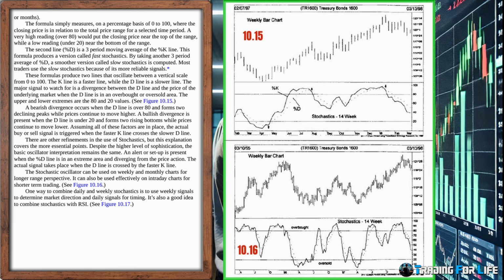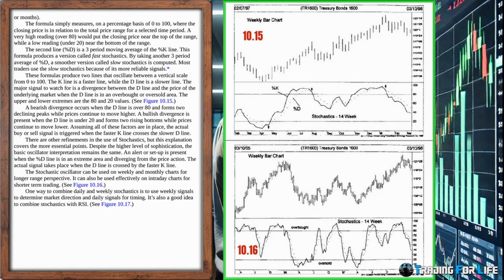See Figure 10.15. A bearish divergence occurs when the D-line is over 80 and forms two declining peaks while prices continue to move higher. A bullish divergence is present when the D-line is under 20 and forms two rising bottoms while prices continue to move lower. Assuming all of these factors are in place, the actual buy or sell signal is triggered when the faster K-line crosses the slower D-line. There are other refinements in the use of stochastics, but this explanation covers the more essential